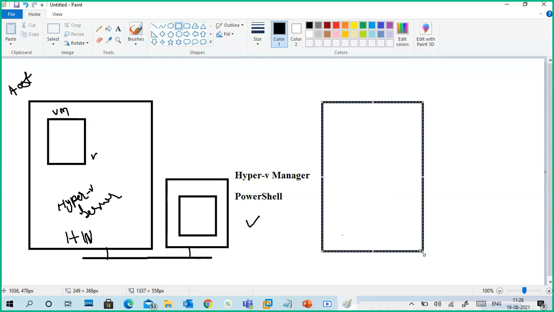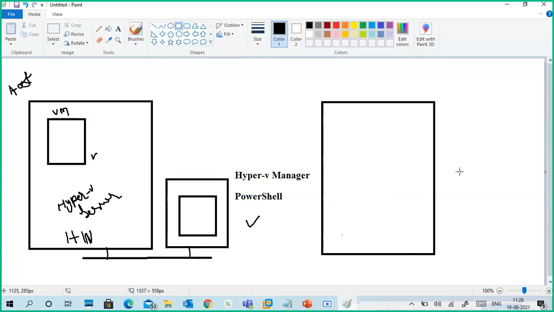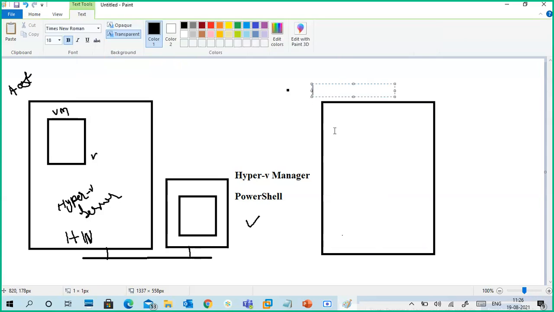One more example, another type of Hyper-V. Core Hyper-V, this is, and another one is with your operating system, means Windows operating system, just like your Windows servers or desktop operating system. I have given a list in another place.